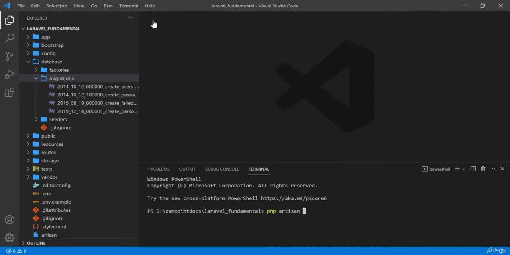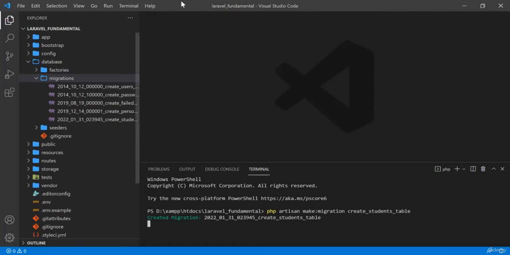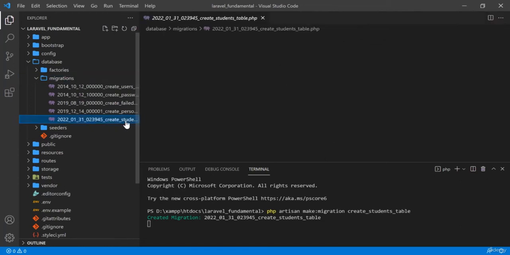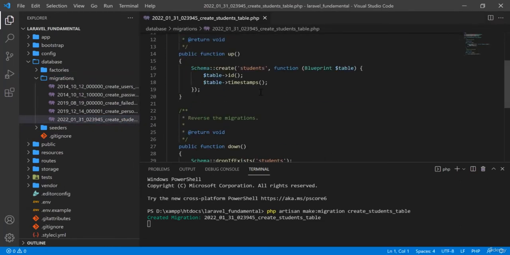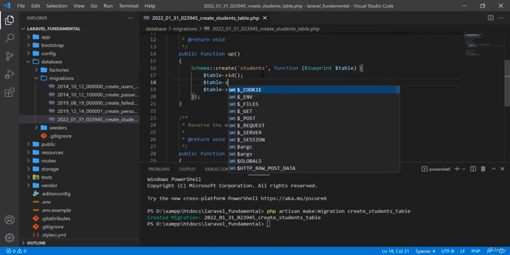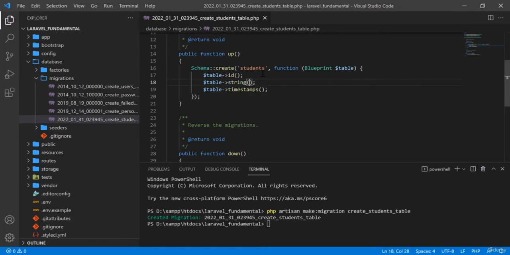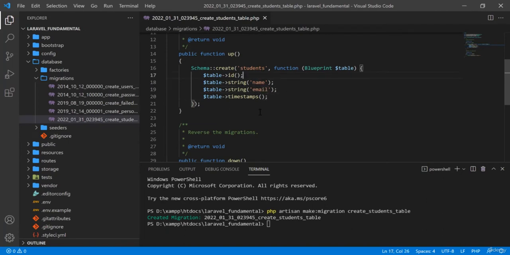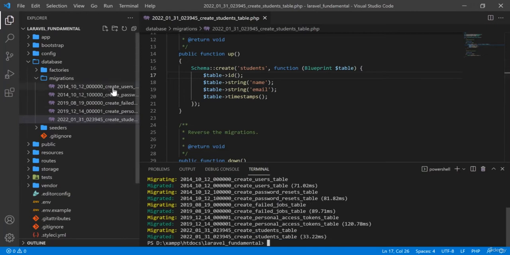PHP artisan make migration and then create students table. Then you see that the student migration table file comes, and here I will give my own fields. Suppose string student name, that is name, and email of that student. Okay, this one. So now if I run PHP artisan migrate, you see that all the migration tables will be